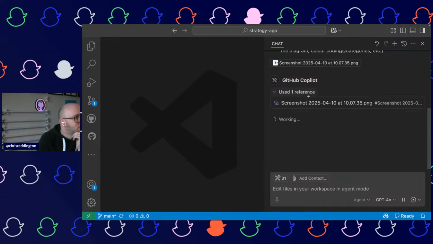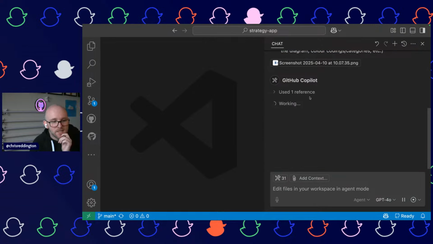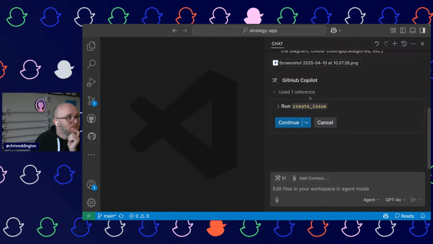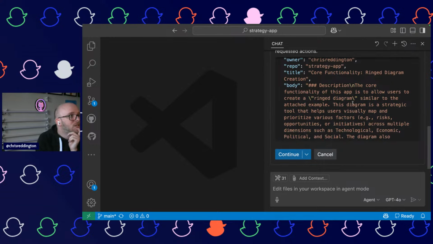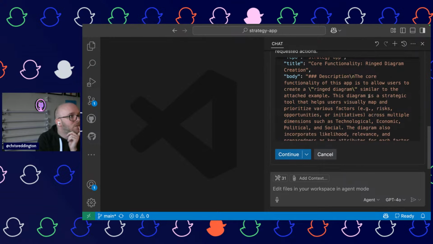It's used one reference, it's used that image, so we haven't got any custom instructions. I saw a bit of a chat conversation about that earlier on. It wants to go and create an issue. So core functionality, rings diagram creation. Its function is to allow you to create a rings diagram.